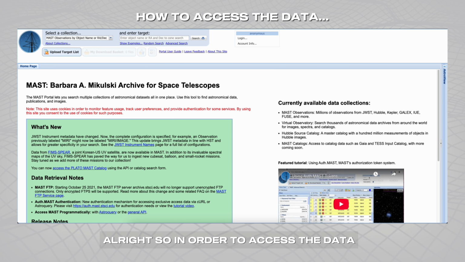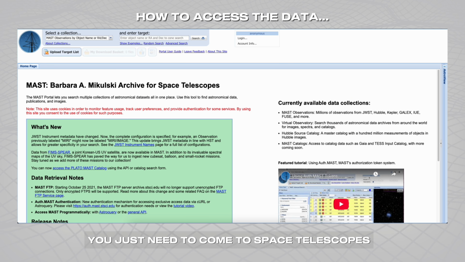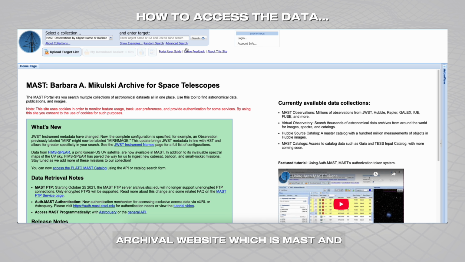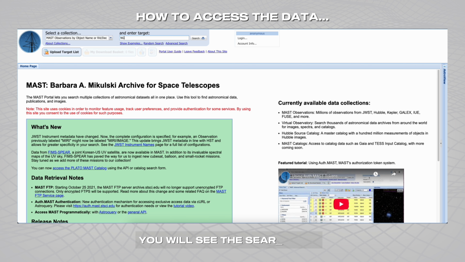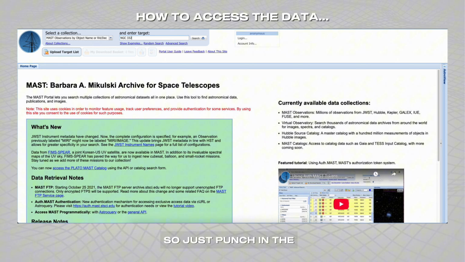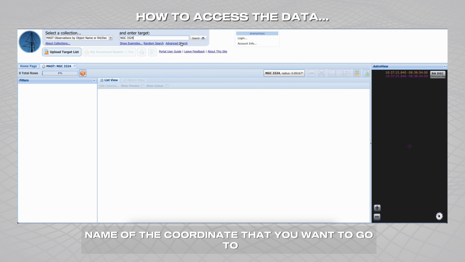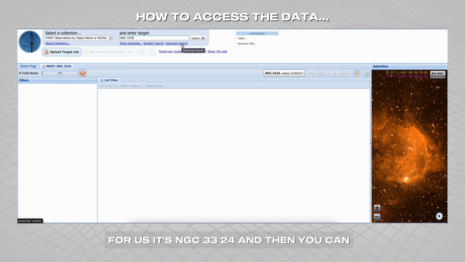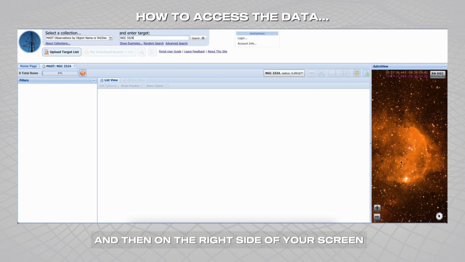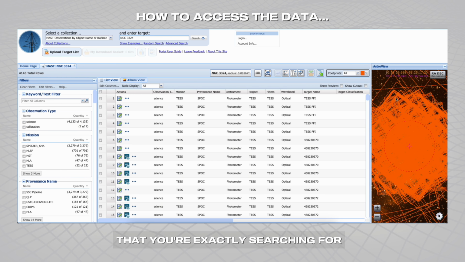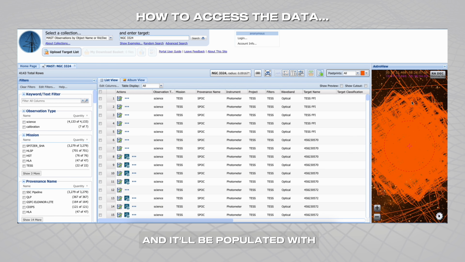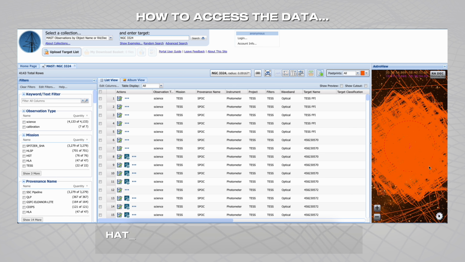Alright, so in order to access the data, you just need to come to Space Telescope's archival website, which is MAST, and then on the top of the screen you will see the search bar. So just punch in the name of the coordinate that you want to go to. For us it's NGC 3324, and then on the right side of your screen you should see the field that you're exactly searching for, and it'll be populated with a variety of telescopes that have actually pointed